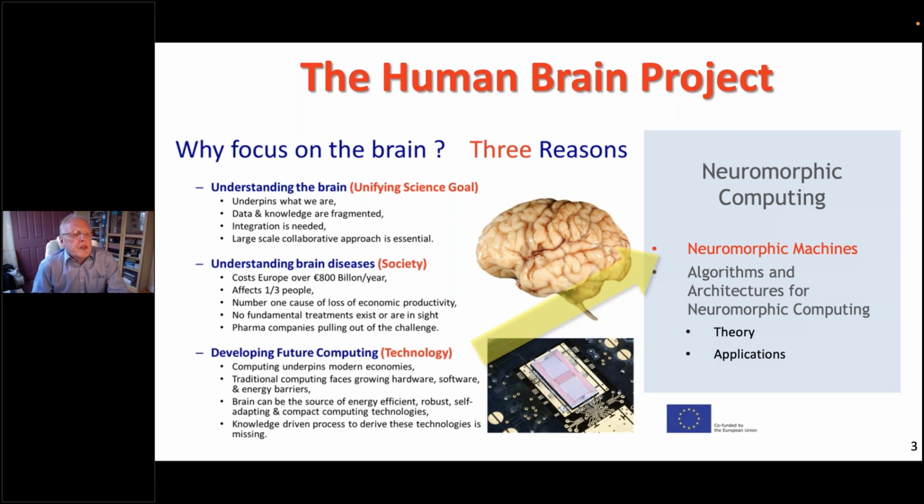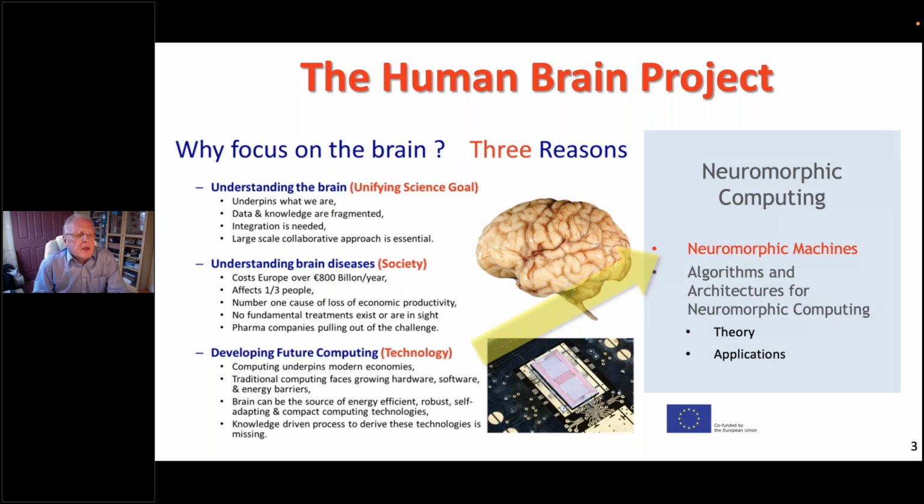The second reason was understanding diseases of the brain, which cost the developed economies a huge amount, more than cancer, heart disease, and diabetes put together in terms of their annual economic cost. And of course, alongside the economic cost is the quality of life impact on those affected and their families and friends. So addressing diseases of the brain is a huge problem, and that's difficult because we don't understand the brain. So those two reasons are closely linked.